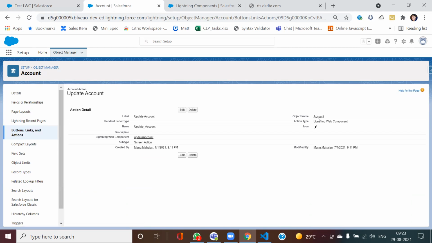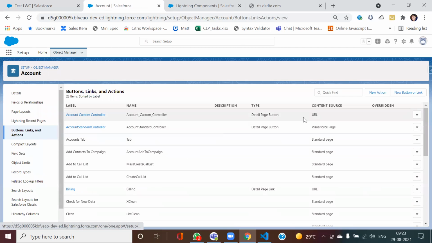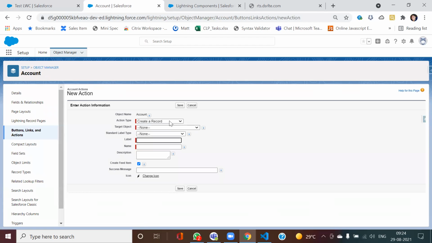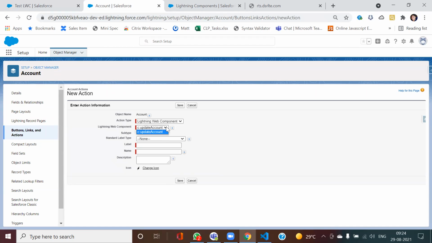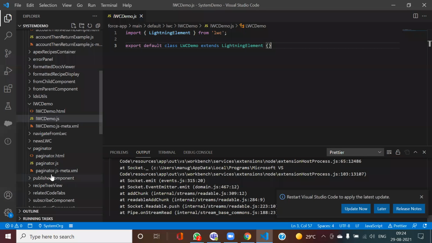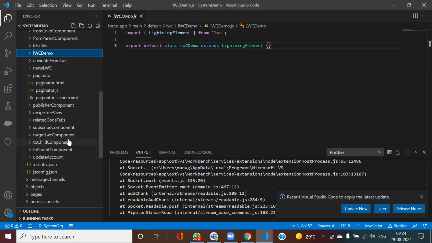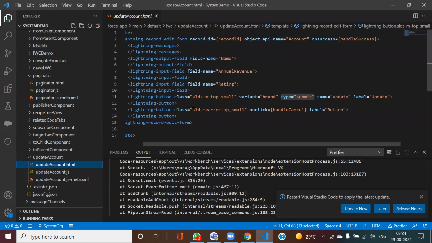The simple way is you just need to go here, and you will have this option, Lightning Web Component. Inside that, this Lightning Web Component is coming. There you can specify its label and all of those things. So let us go here now. So this is how it looks.